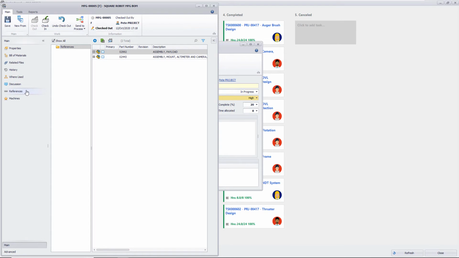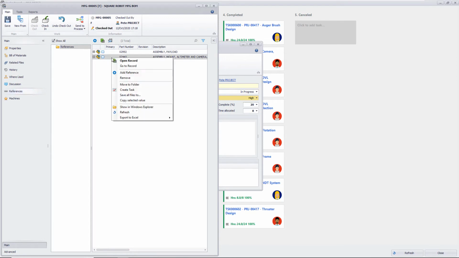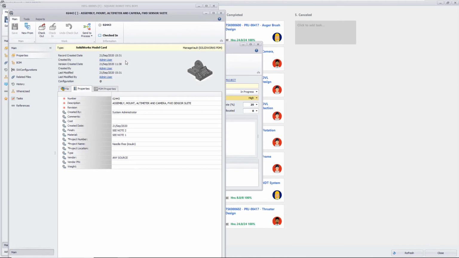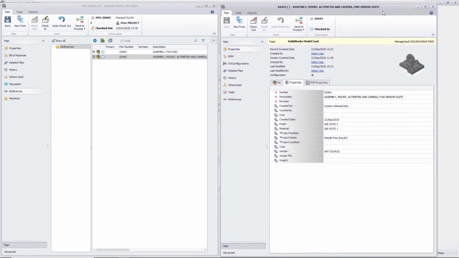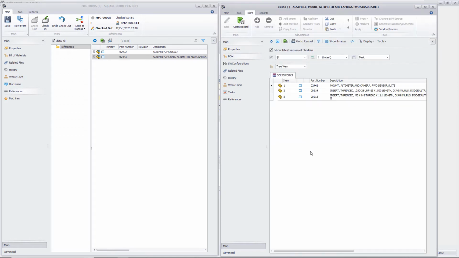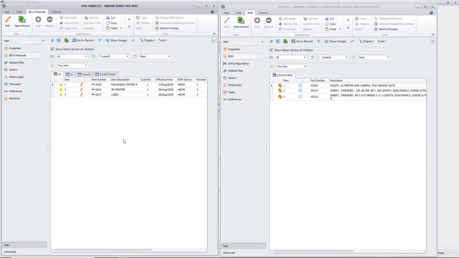In this example, we're going to have the manufacturing BOM open in the left-hand window and a CAD BOM in the right-hand window. And you will see how I can work in both windows at once, taking components from the CAD BOM to build up my manufacturing process BOM using the new BOM editing tools. Modeless windows seems like a small enhancement, but it's going to make a massive difference to those using SOLIDWORKS Manage